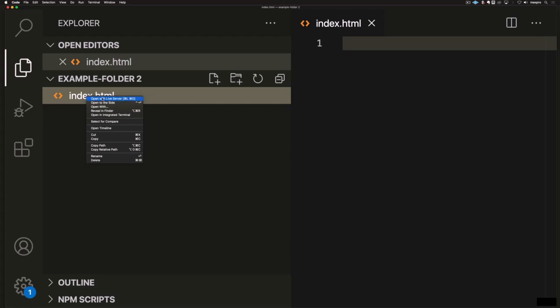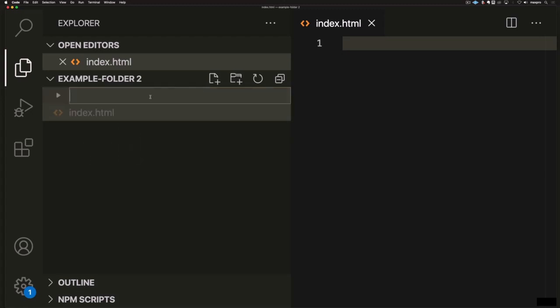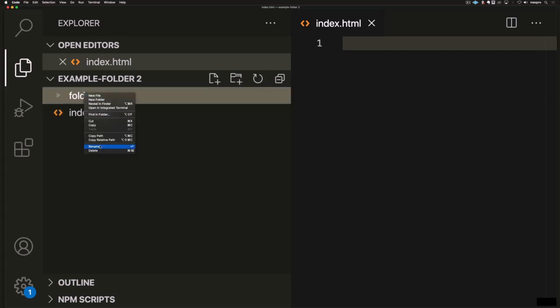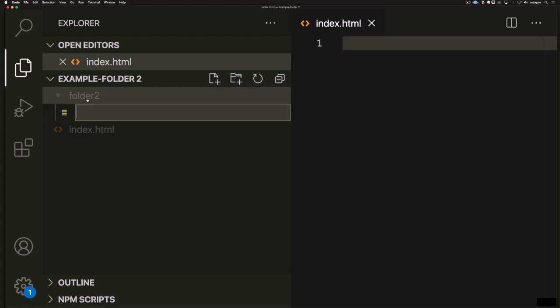and it gives me the option to open it up with that. I'm going to create a folder here so you can see it. Folder, enter. I can right click on this and rename it. And I just click it there and it gives me the option, enter. I can right click it and inside there create another file,